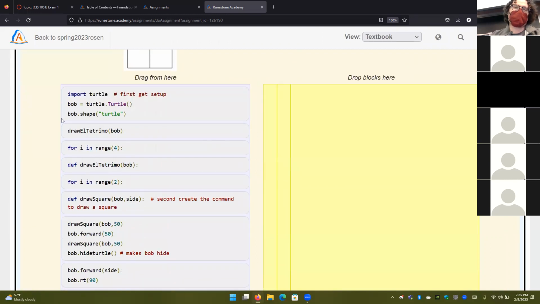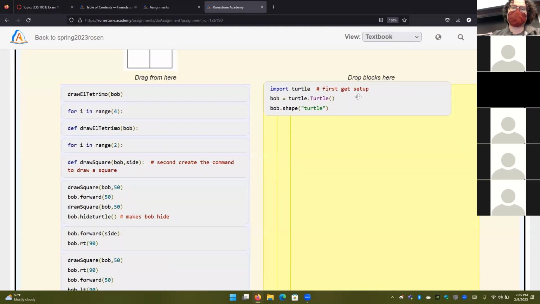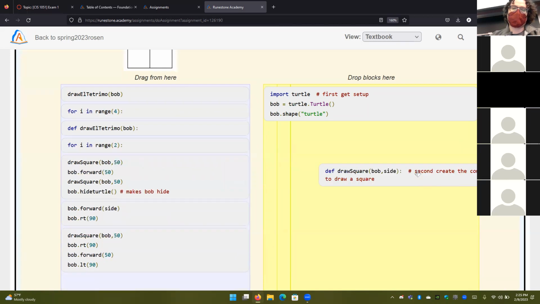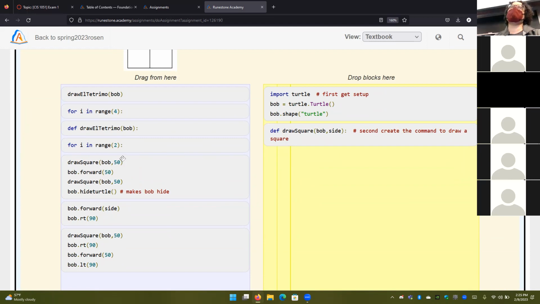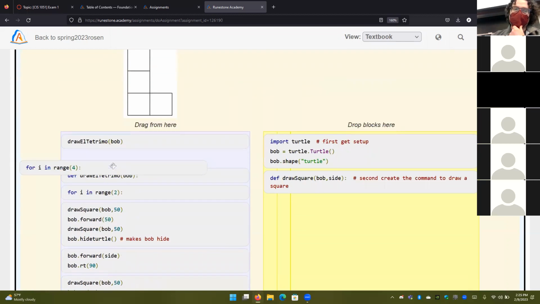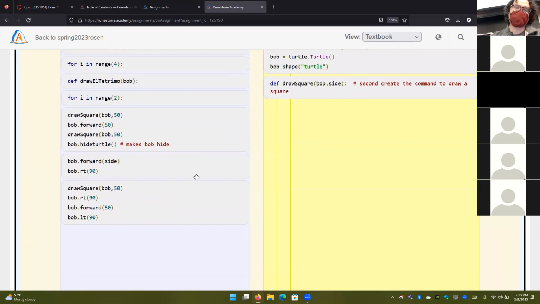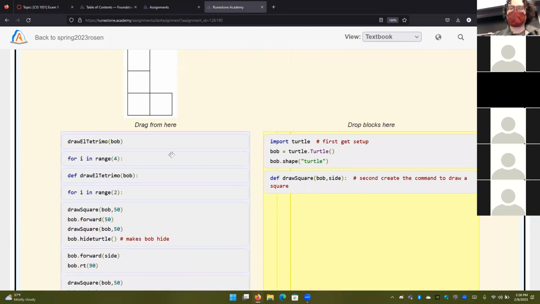Now in these kinds of blocks though, I put this one on top and I say first get set up. So that obviously should go at the top, the one that says first. And then this one is second. So that kind of helps you figure out what the rest of the code should be. But again, in this one, the indentation does matter, and there are 3 levels of indentation. And this is just the draw square function that you should be getting very familiar with at this point. All right. So go ahead and take a shot at this one, and then I will go back over it.